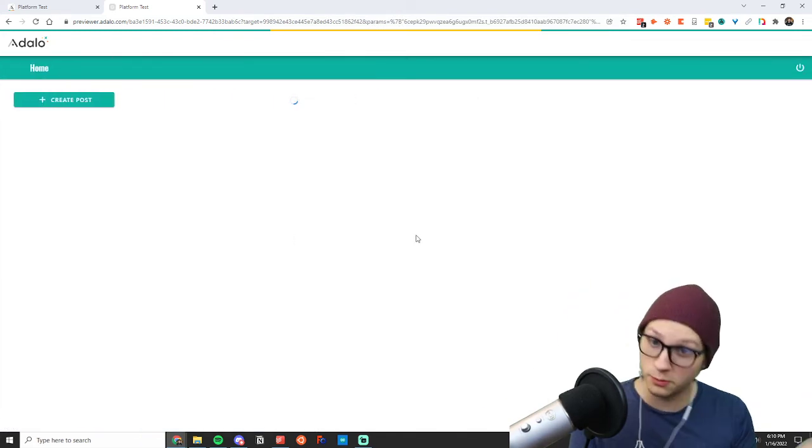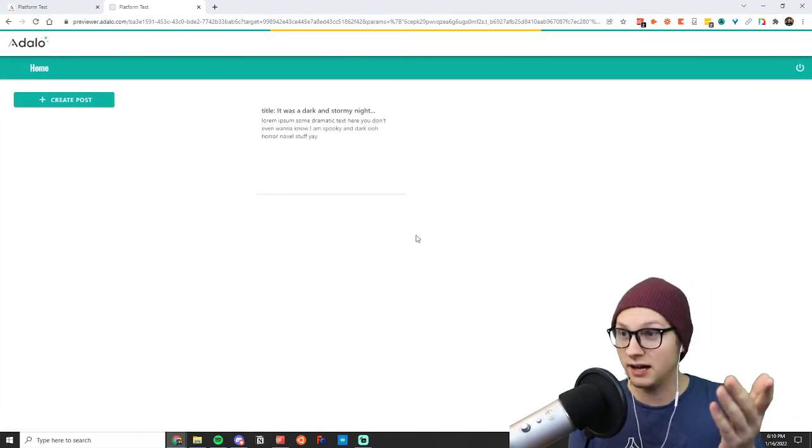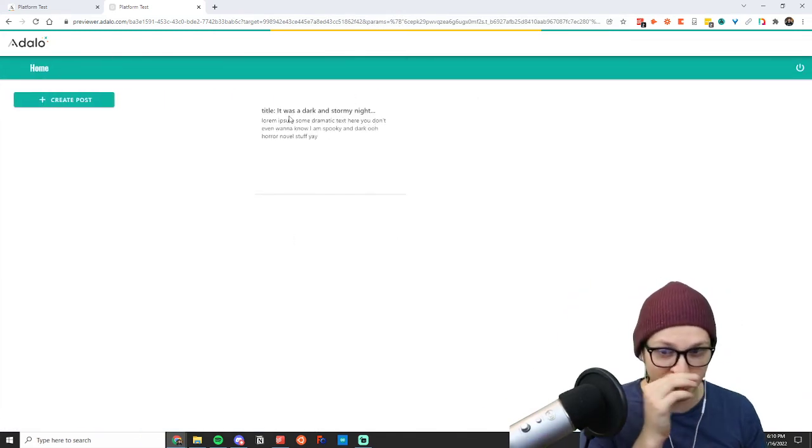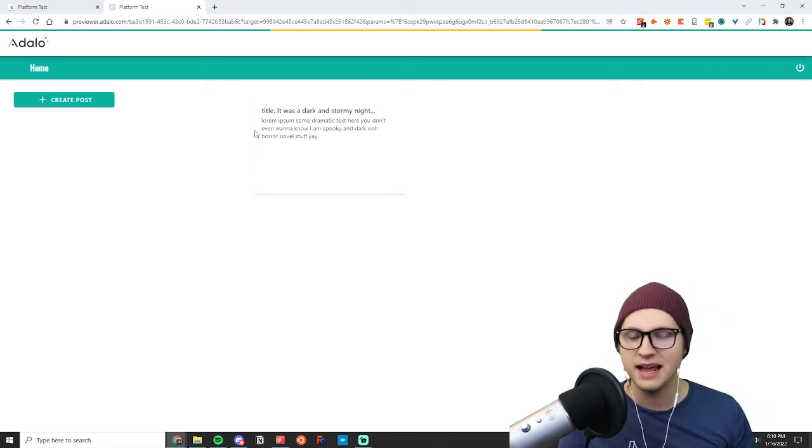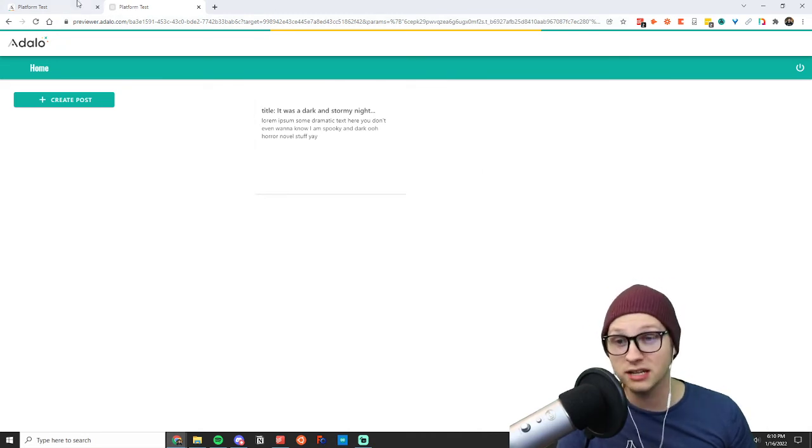Gonna create the post and it should push me back, right? Huzzah! Look at that. So it's already showing me this little bit of information, right? Because it's displayed here. The title is, it was a dark and stormy night, and the text is lorem ipsum, dramatic text, etc., blah, blah, blah, right? We can change the design of this if we want, but I can go back and I can create another